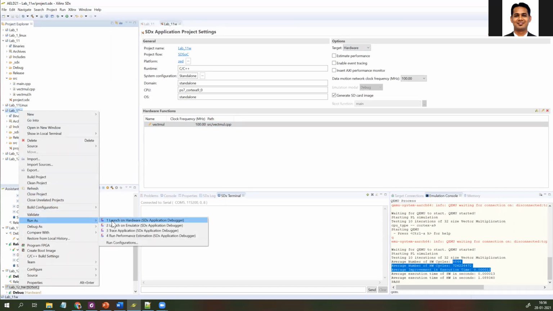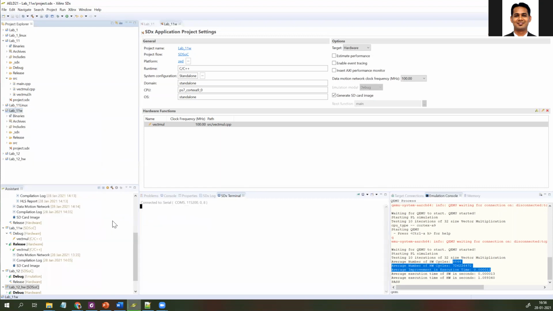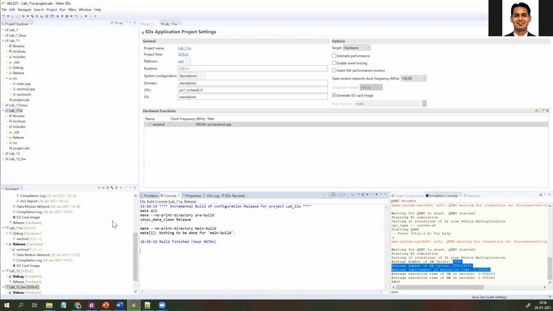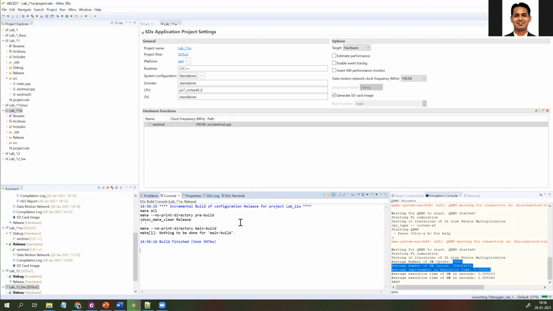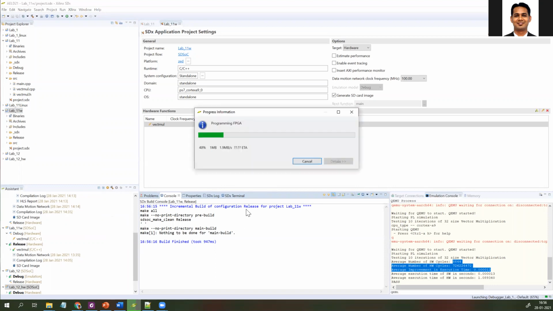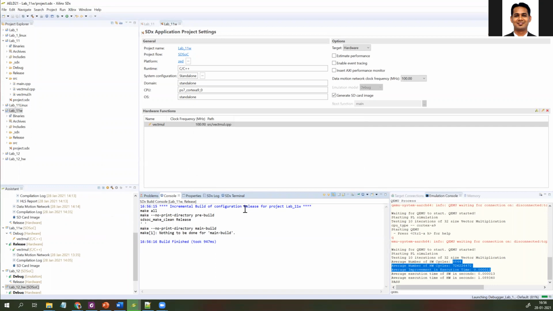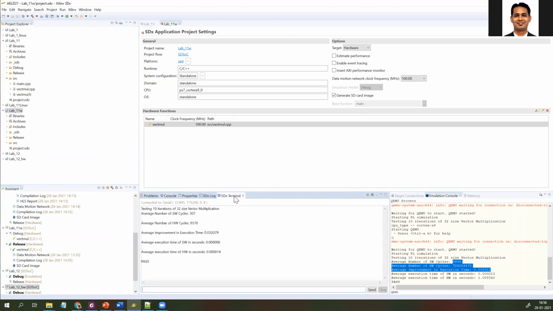So I'm going to do a run as, launch on hardware. This process is feasible when you have the zedboard connected to your laptop. When you do the run as, your FPGA will be programmed first, followed by your ARM processor. So now the FPGA has been programmed. Now the ARM processor has been programmed, and you can use this SDX terminal,